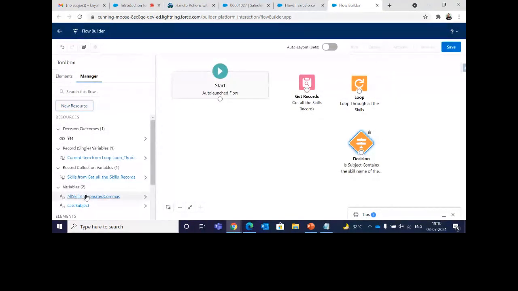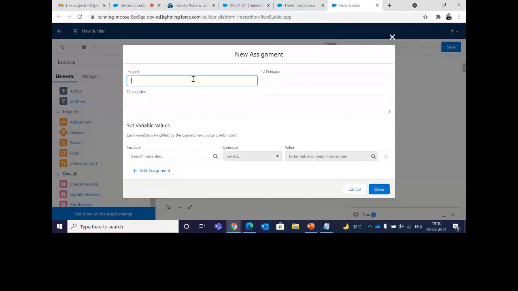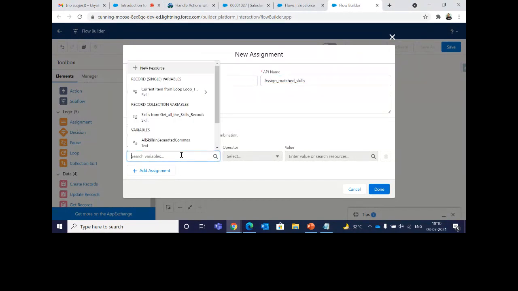So a new resource has been created. Now when this has been done, I need an assignment to work. I need the assign matched skills, like all the skills that have been matched will be assigned to the agents. So I've given the name as assign match.